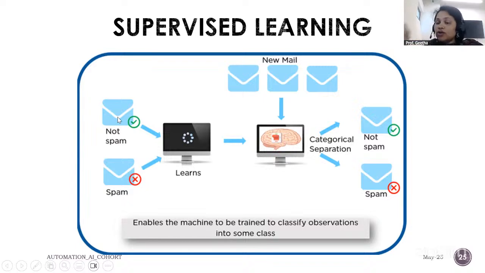Okay, so they are going to supervise the learning, which means they say that these mails are not spam and these set of mails are spam. So I'm going to pass this data to my machine and make my machine learn. Okay, so it finds the hidden pattern, as we saw in our previous slide. It finds the hidden pattern of why these mails are put under the not spam category, and why these mails are put